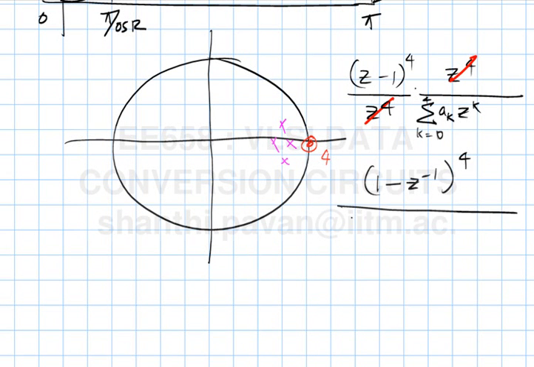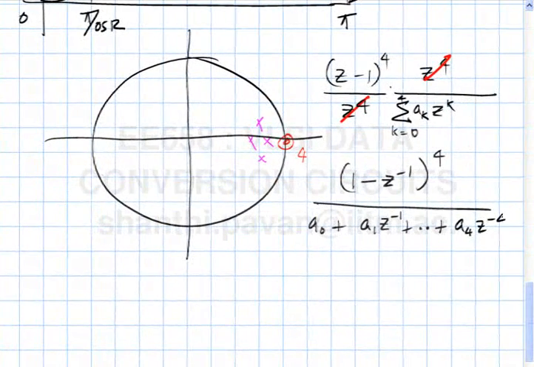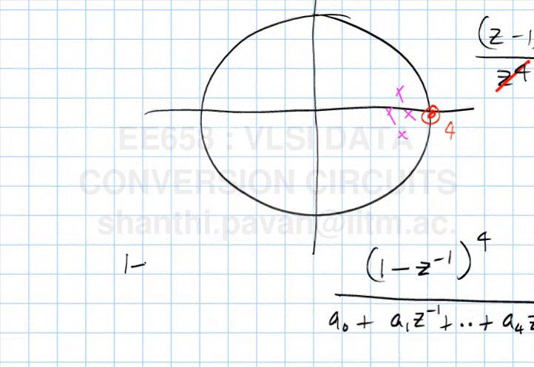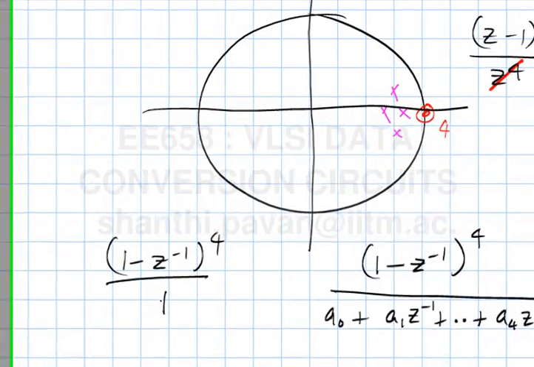divided by a0 plus a1 z inverse plus a2 z to the minus 2 and so on, plus a4 z to the minus 4. The earlier case we had 1 minus z inverse whole to the power 4 by 1. Alright, the denominator was simply a constant. Now you have a denominator which is a polynomial, and the coefficients of the polynomial have to be chosen intelligently, making sure that the poles, the roots of the denominator, lie close to